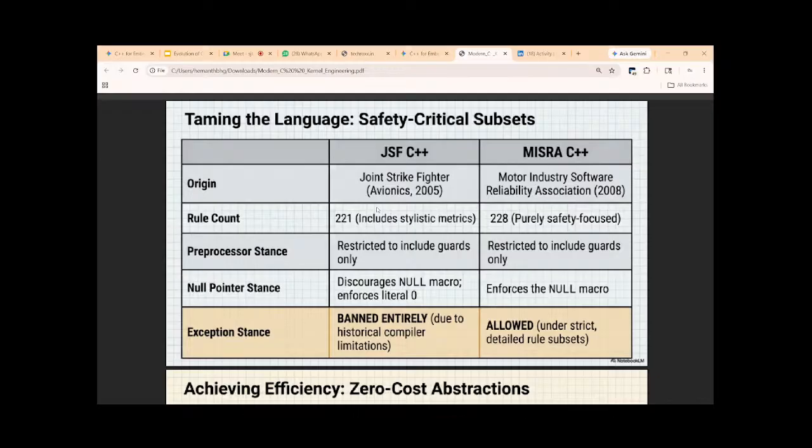Okay. Are you people understanding what I'm saying? Okay. Fine. No problem. Now for the Misra, the rule: you must only throw objects of a specific class type. You cannot throw objects of type like int, float or null.